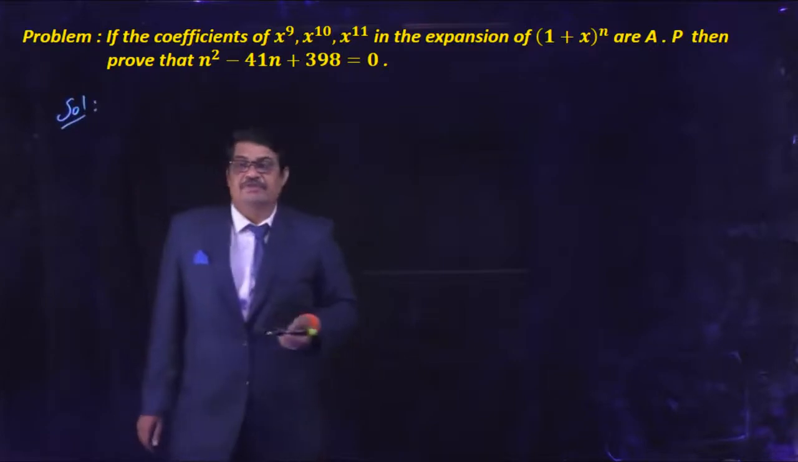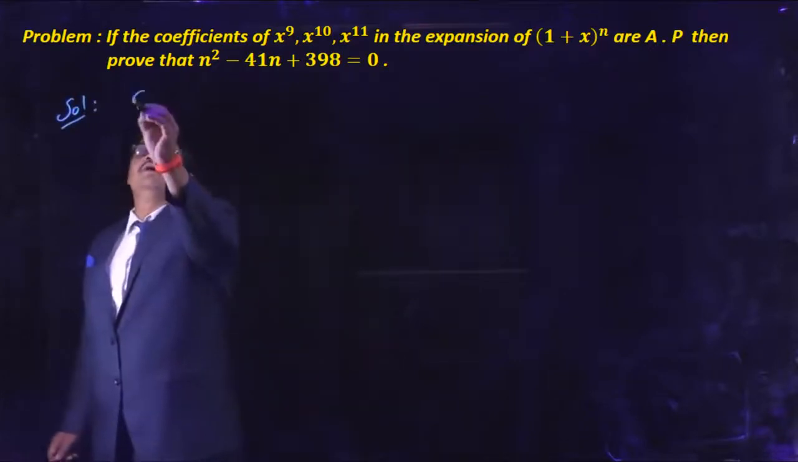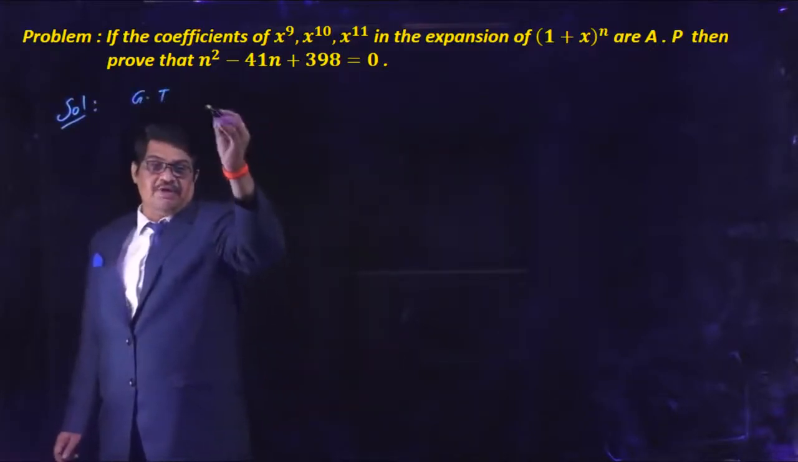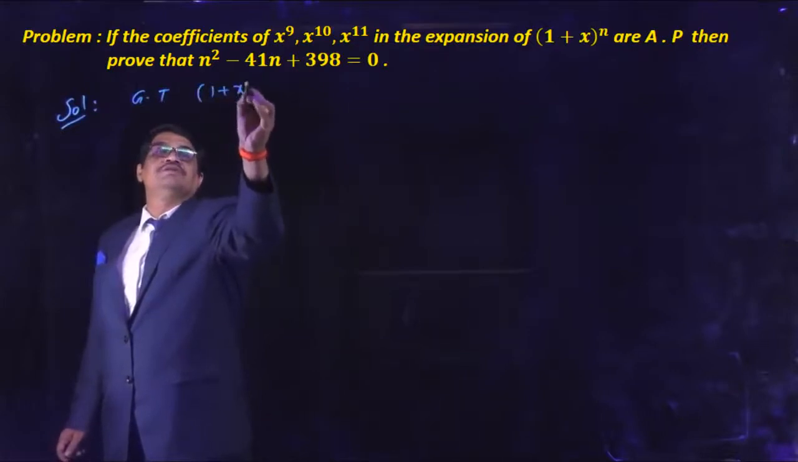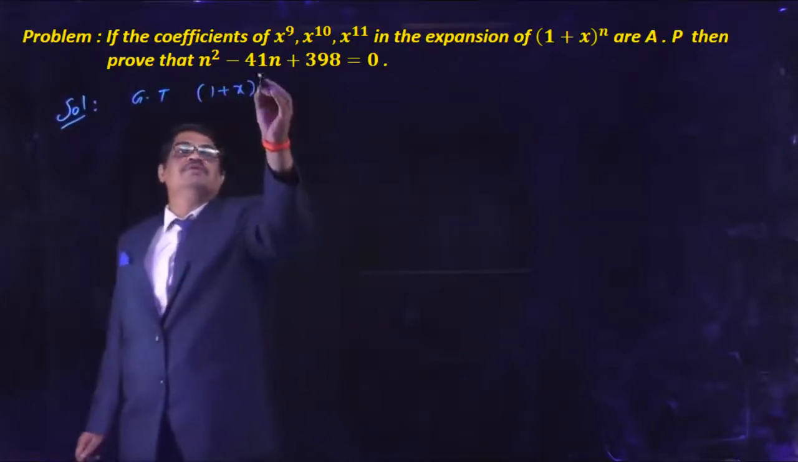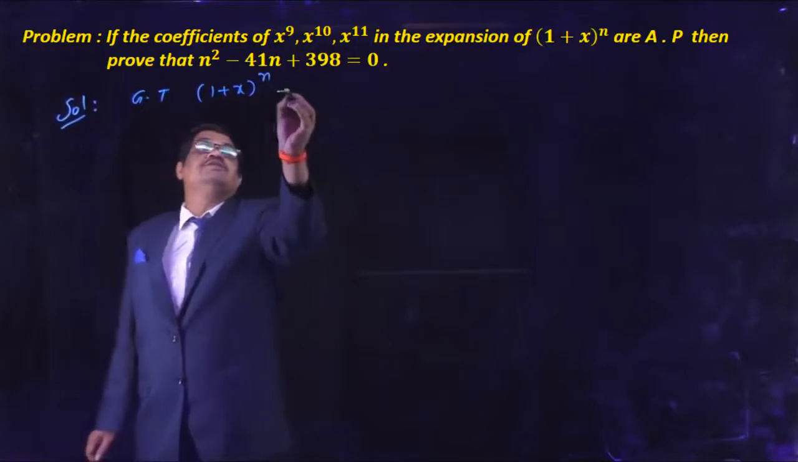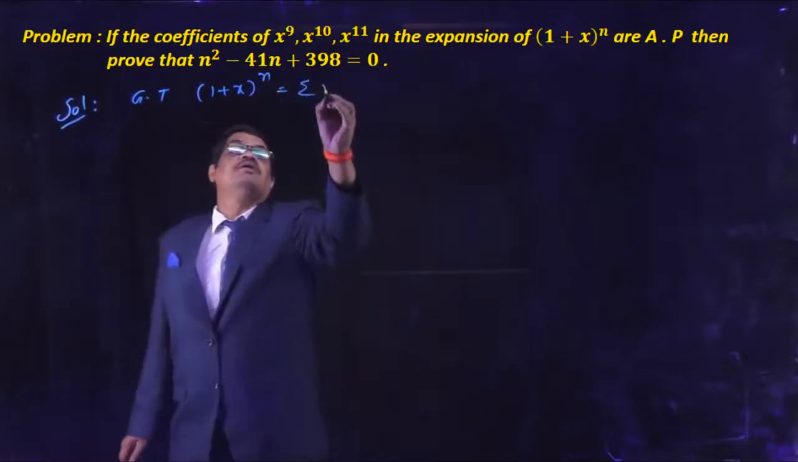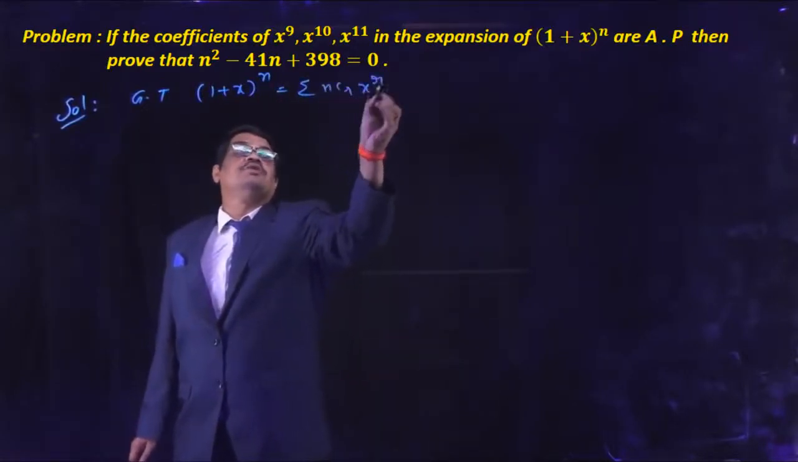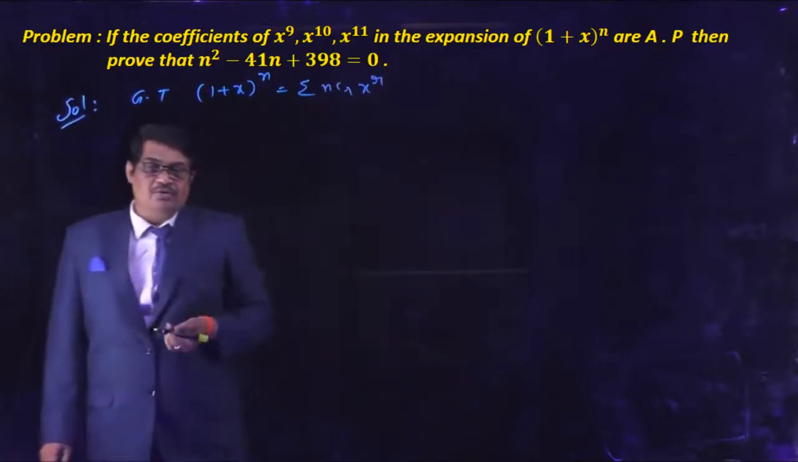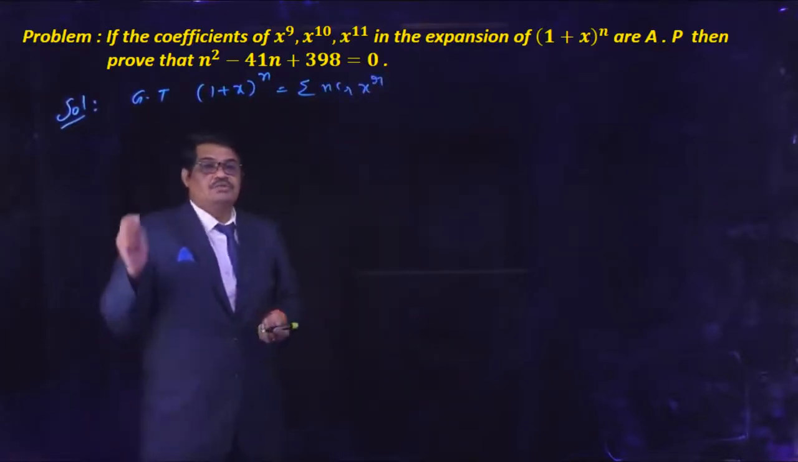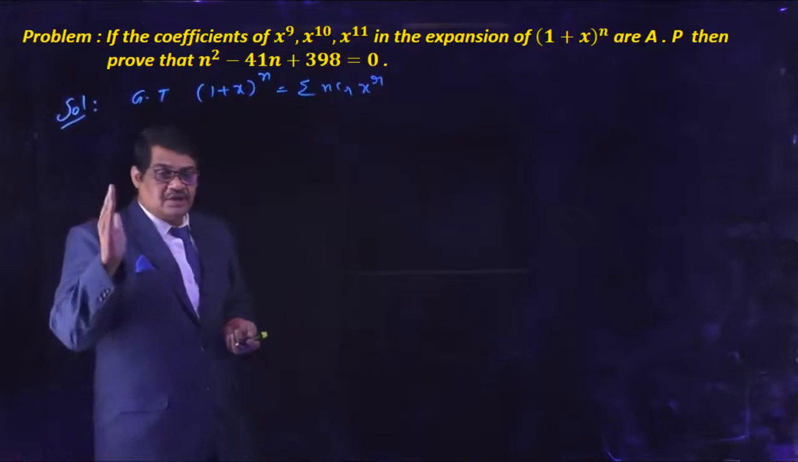What is the given expression? That is the standard binomial expression, (1 + x)^n. That can be written in sigma notation as sigma nCr x^r. Now we are given that the coefficients of x^9, x^10, x^11